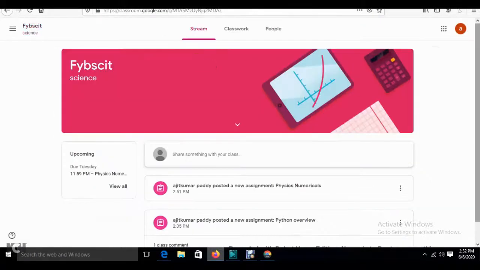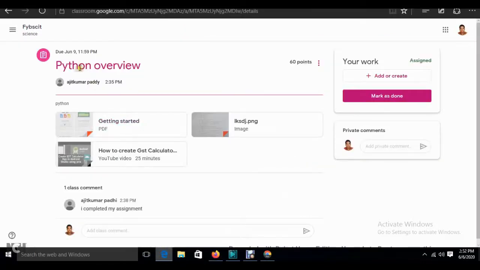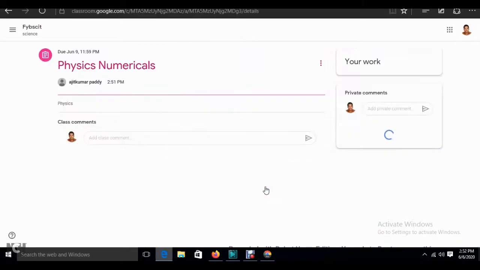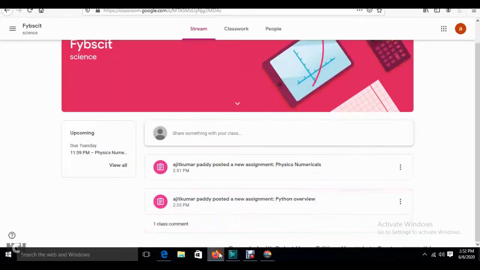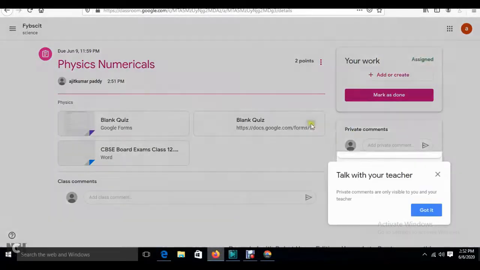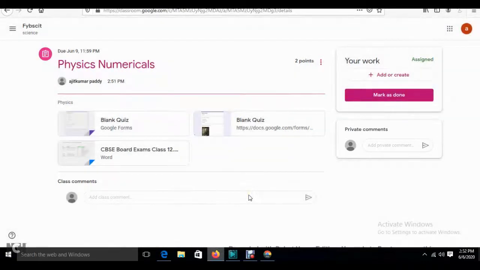For one more student I will go over here, and again it is showing like this. This is a student and this is also a different student. These 2 students I have got here.